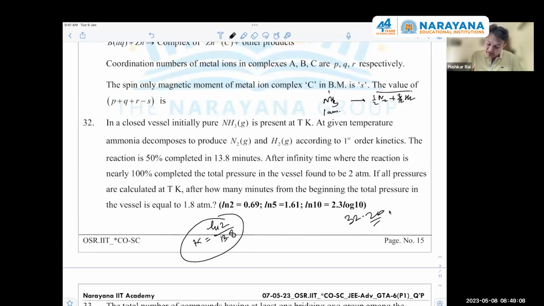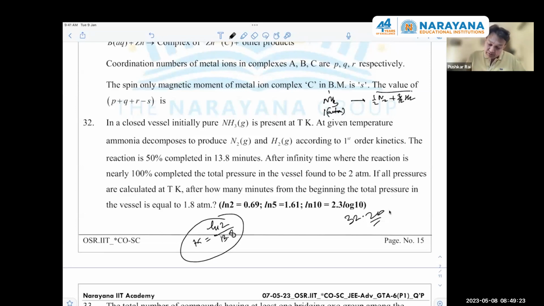The examiner is quite lenient. He has given you this value. So the initial concentration, you come to know about it, 1. You just have to find out how many minutes before the total pressure in the vessel is equal to